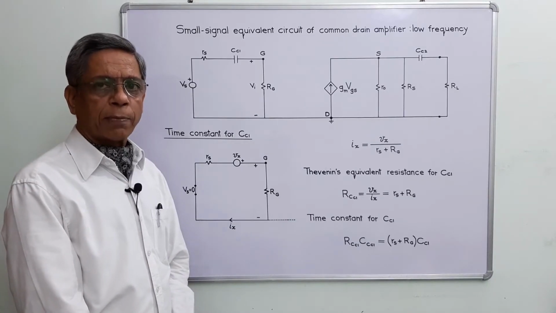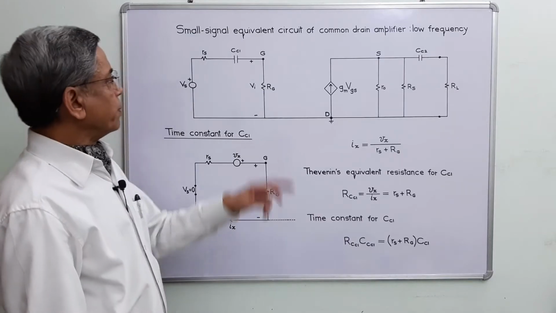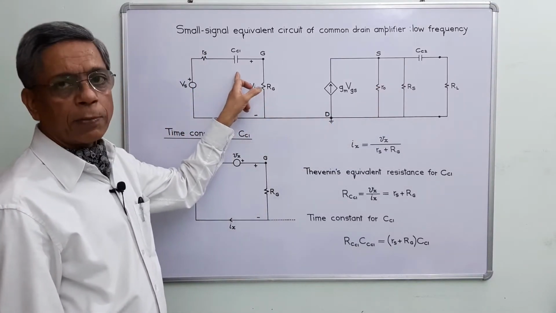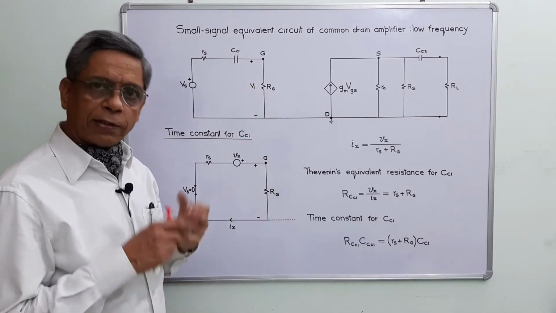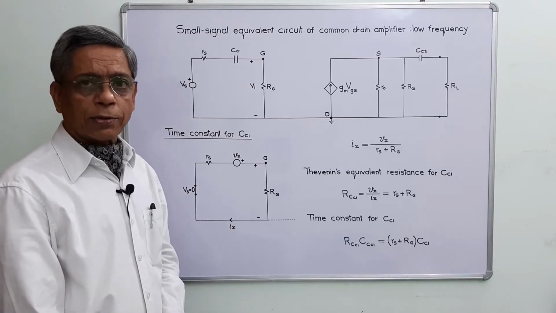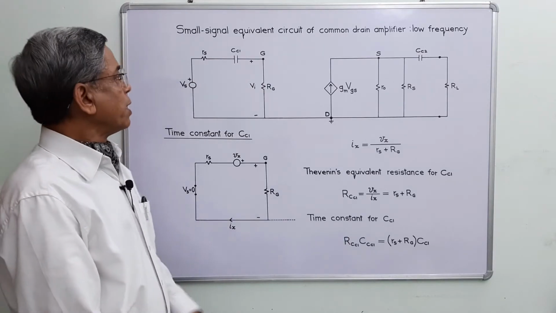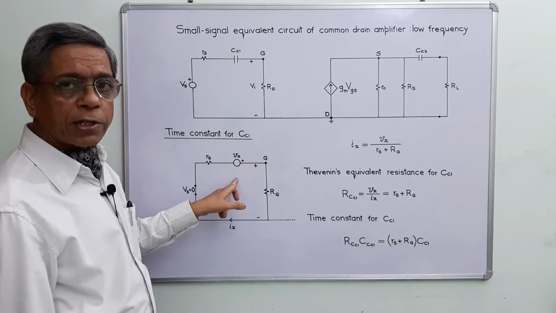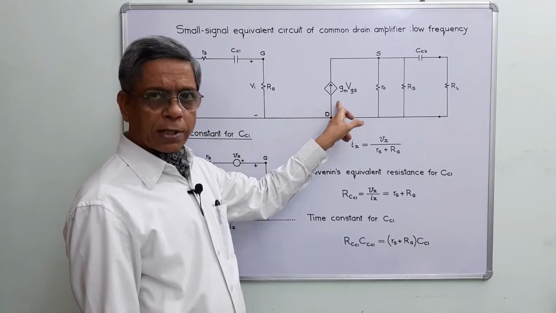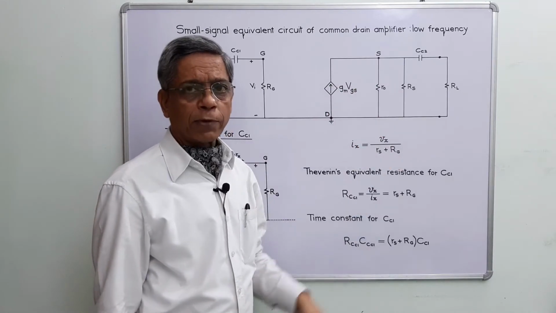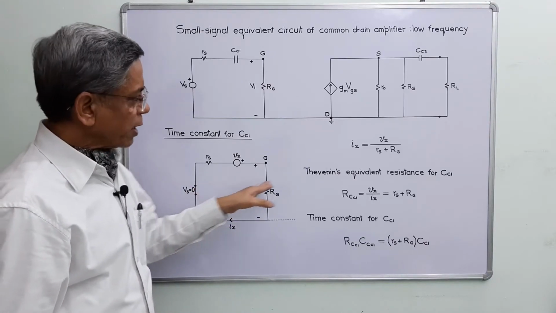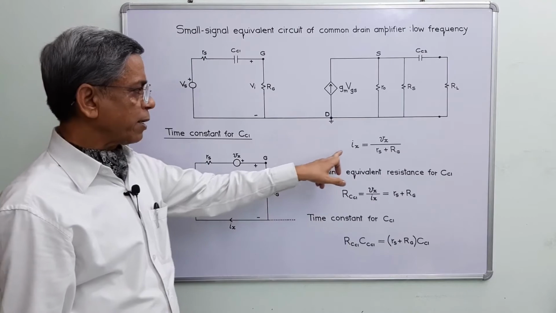As per the short circuit time constant method and step number 1, I am selecting this capacitor and considering this capacitor as a short circuit. Now I will determine the resistance seen by this capacitor, or I will determine Thevenin's equivalent resistance across the terminals of this capacitor CC1. For this, I have to use Thevenin theorem, and as per Thevenin theorem, I have to replace this capacitor by a test voltage and put the input voltage source equal to 0 as a short circuit, and this will be open circuit. In fact, this part of the circuit will not be very useful here, so I am considering only this part. And considering this loop, we can write down the current flowing through this loop, that is Ix, Vx